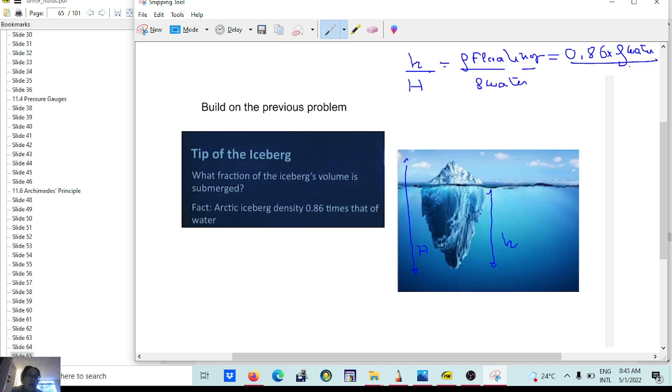That's a fact, and that will be the density of water, so you can cross out, and what you get? 86%. So 86%, let's say 90% of an iceberg is below